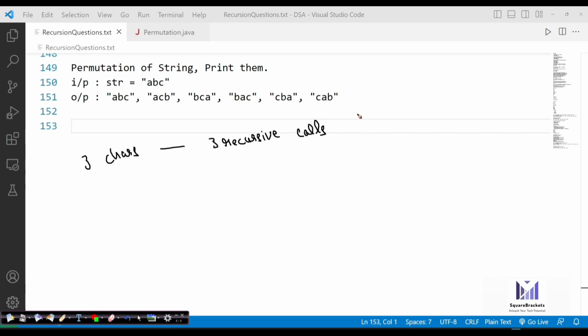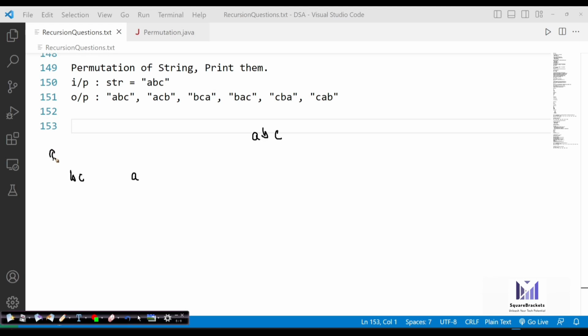Let us assume that we have ABC. This is the string we have. When we call recursively for each character, once for input and once for output, we have to maintain two things. So let's say we have B, C as the remaining one and A as the one character output.